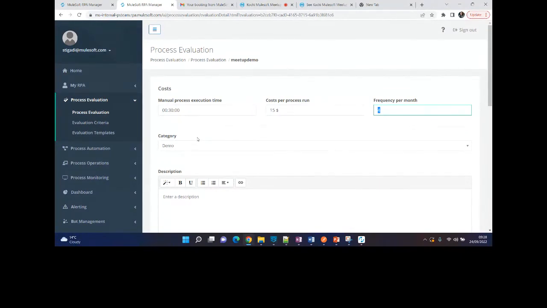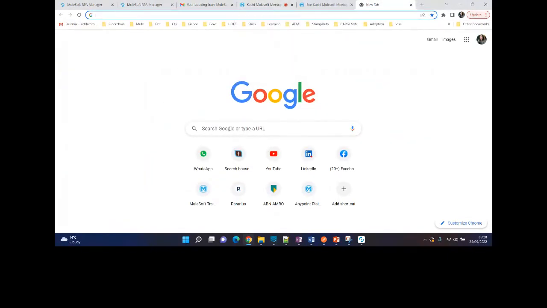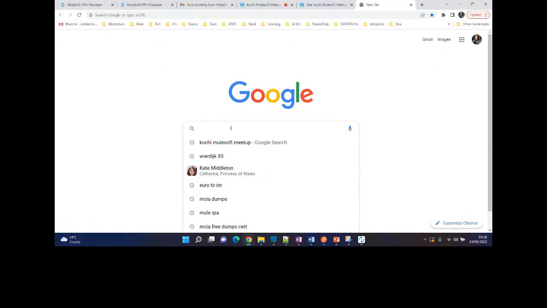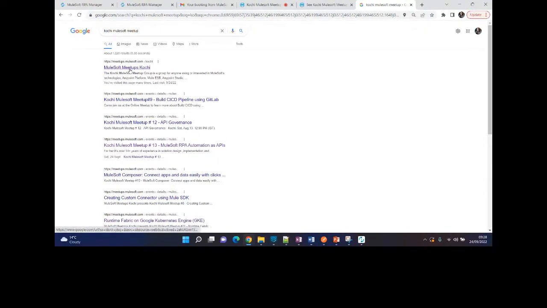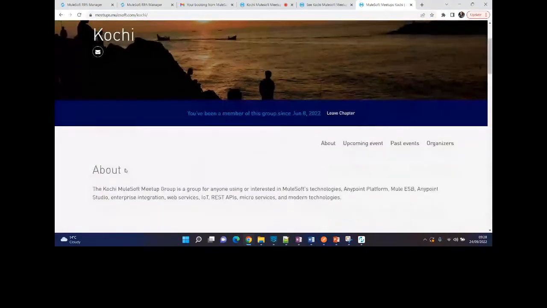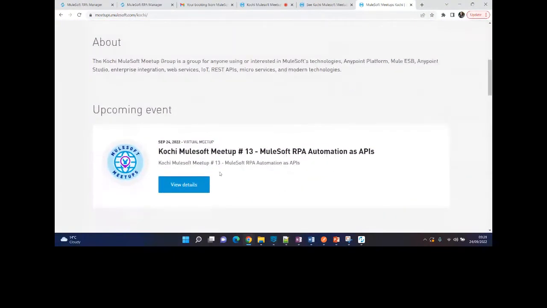All these manual tasks, for example, even if I'm opening up Chrome, I just go here and type in some details. I say Kochi Meetup. Then I go to this page, I do this click event, and then I do an RSVP. I say, I want to attend this meetup. I click on it, and then I do an RSVP. All these steps, I can use a recorder and capture that. It's a very simple example.